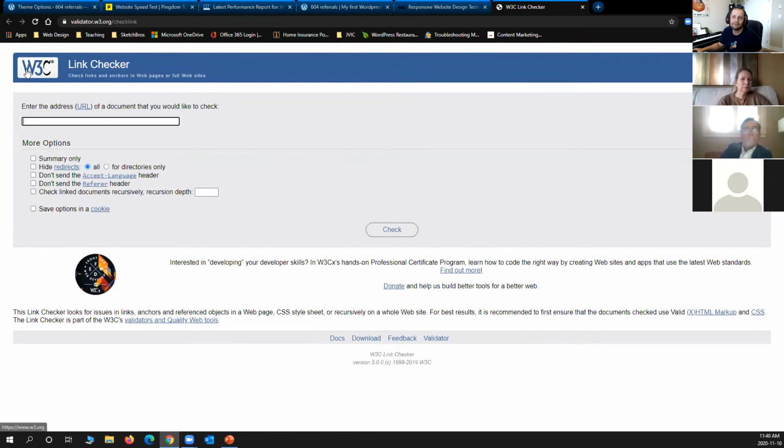By the way, if you don't know who W3C is, don't worry about it. W3C is the company that created the internet. Just saying, it wasn't Microsoft. So these are the owners of the internet. These are the daddies of the internet. W3C were the people who suggested using HTML for creating web files. So Web 2 is thanks to these people. They have nicely created this free checklink tool.